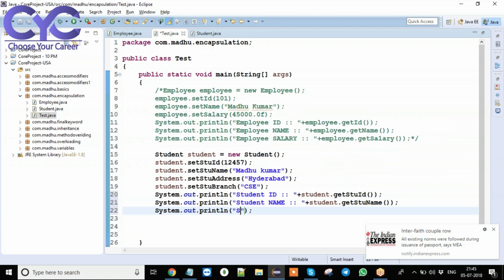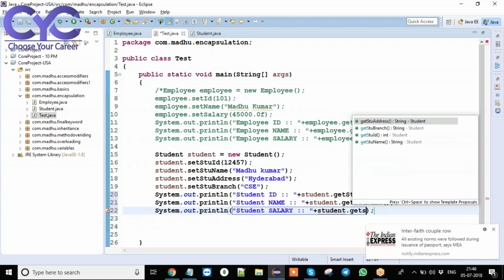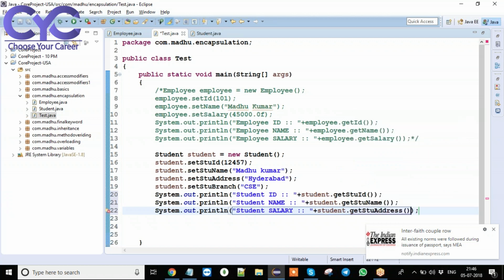Here, student salary plus student dot get salary. Student dot, not salary, sorry, get student address. Here you need to take address.